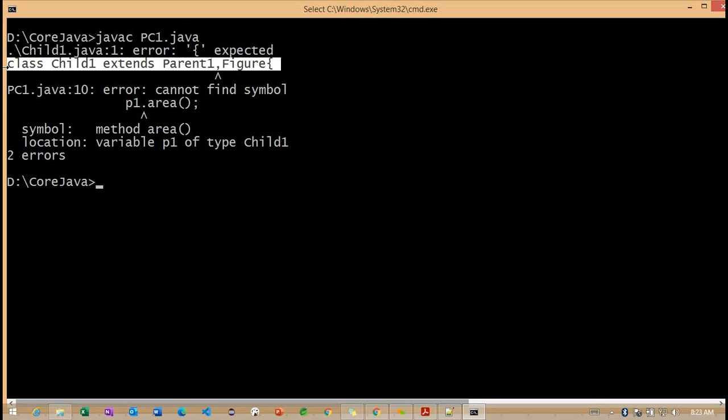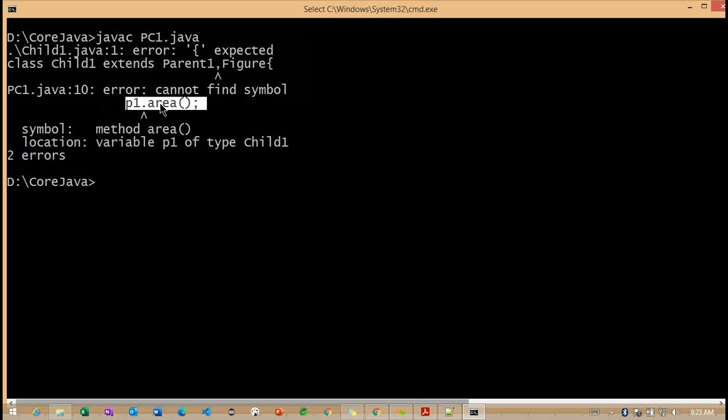And in PC1 line number 10, the area method is not found. If figure were extended properly, we would not get this method-related error. So multiple inheritance is not supported here. Why is it not supported for classes?